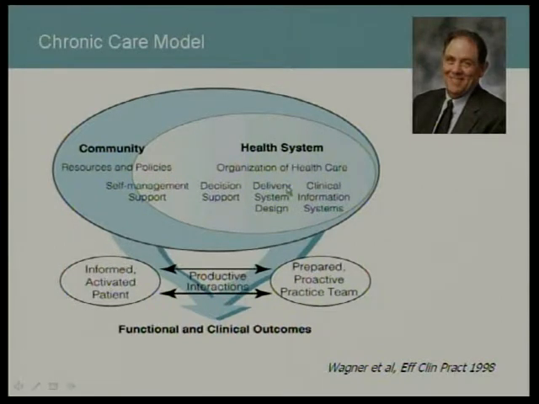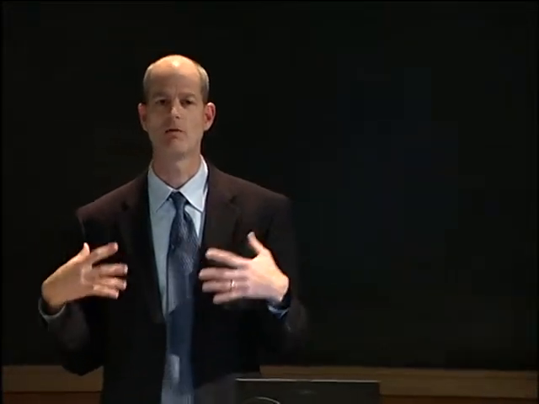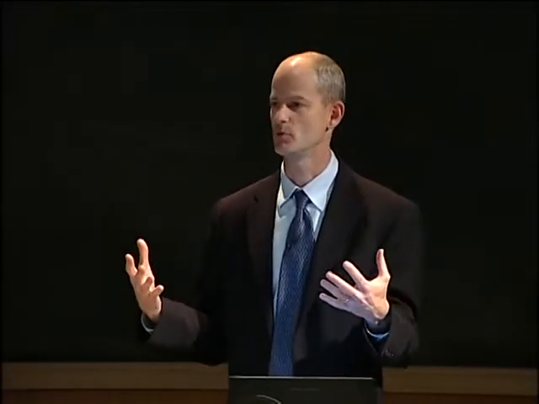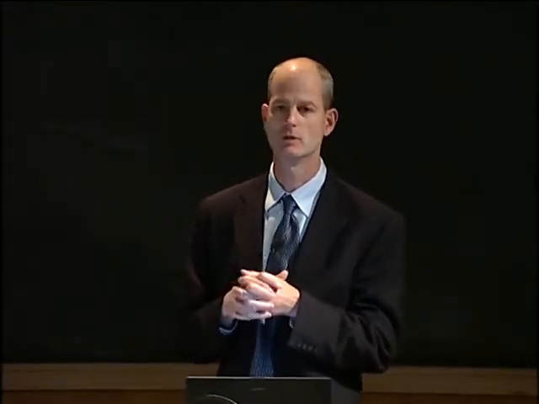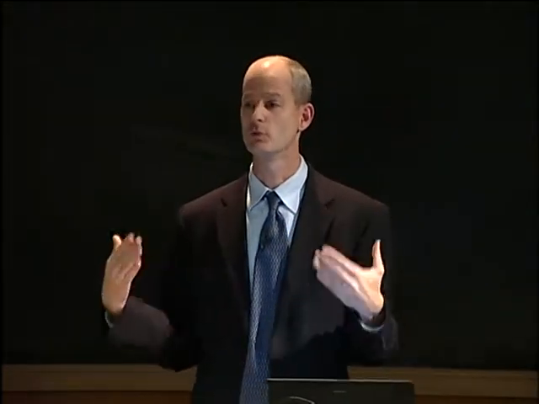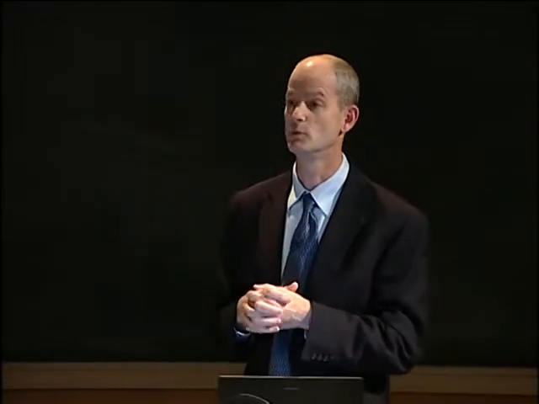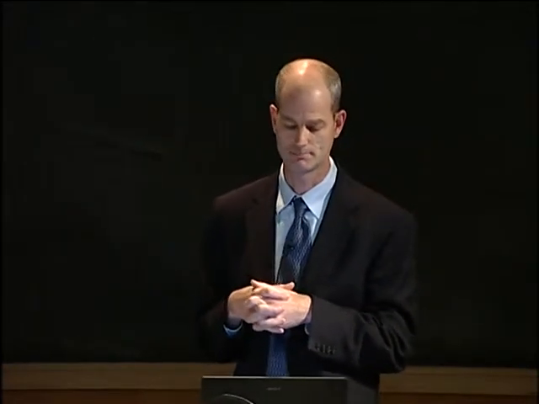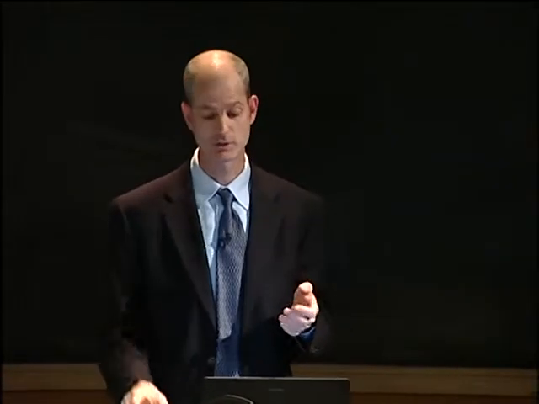So moving right to left in this group, Wagner's model says to improve chronic care, you need to have clinical information systems that allow you to gather together the patient data that you need to be able to reach out to patients and capture them. So in diabetes, you need to be able to collect hemoglobin A1Cs in a format that allows you to go through your patient list, identify those people who need better glycemic control, and reach out to them. You need to change delivery system design.